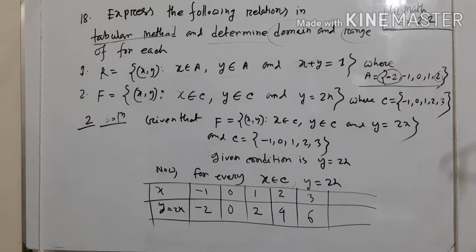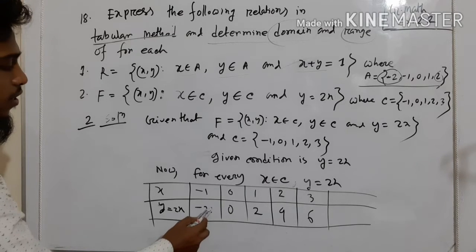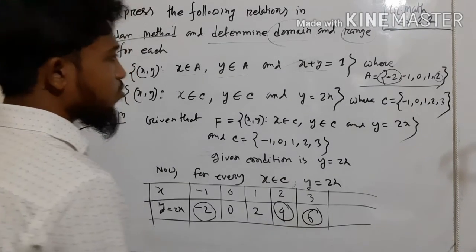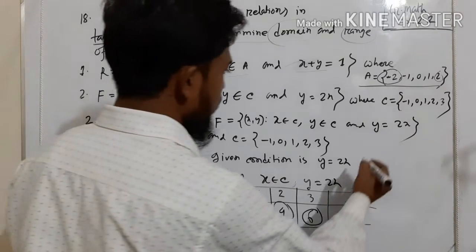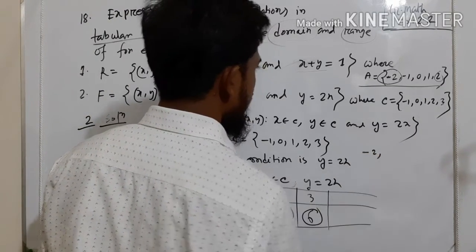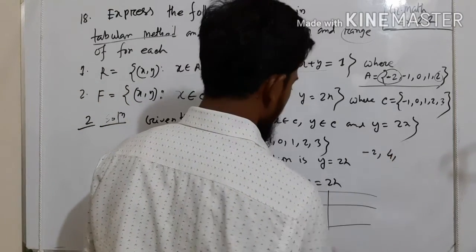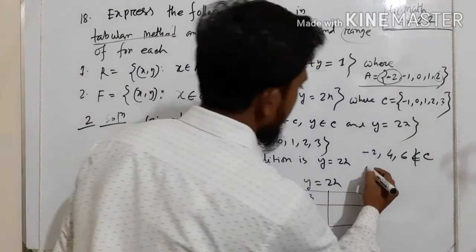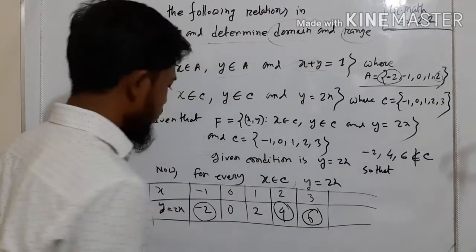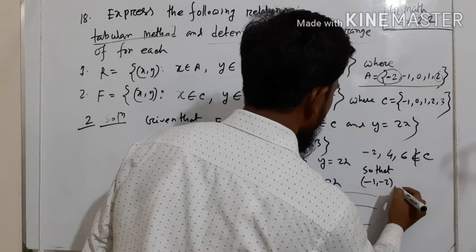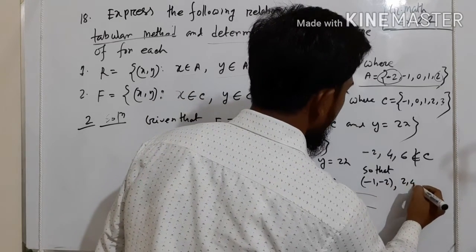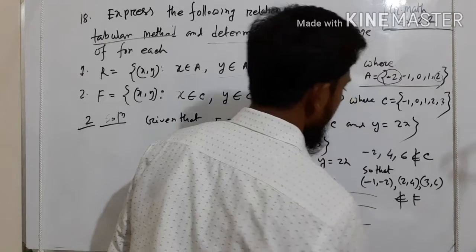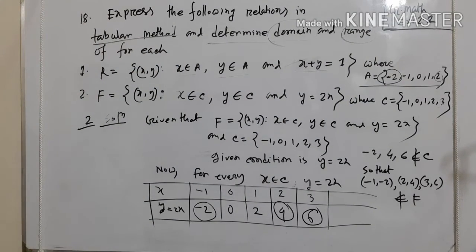Here we see that -2, 4 and 6 is not an element of C. So the relation (-1, -2), (2, 4), (3, 6) is not of relation F. So our required relation is